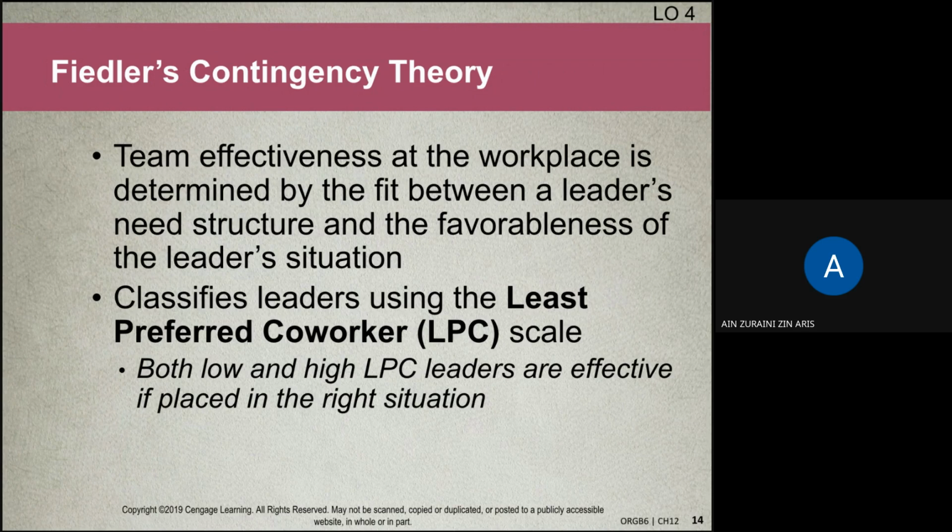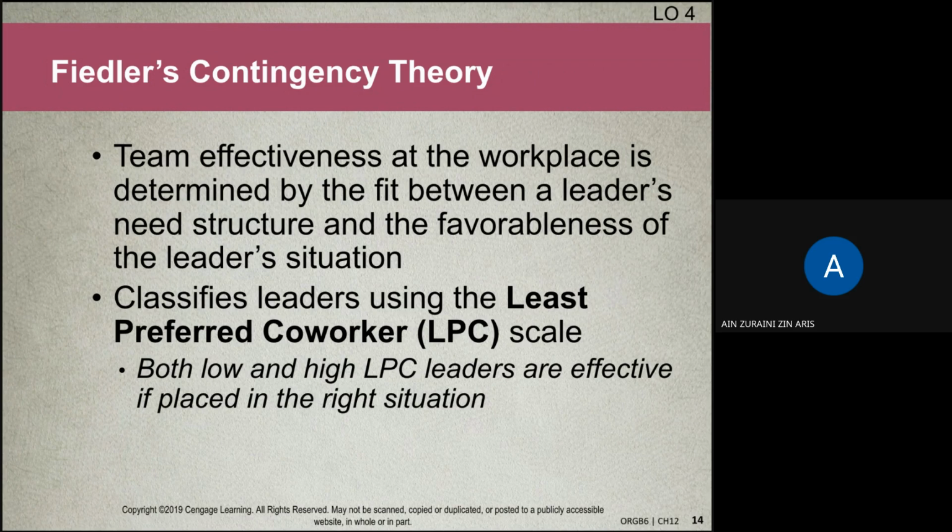So leaders are asked to think of the person they have least enjoyed working with, someone they might consider difficult, uncooperative, or frustrating. Okay, then they rate that person using a series of adjectives like friendly to unfriendly, helpful to unhelpful,